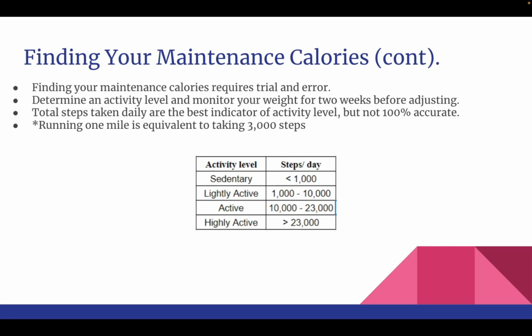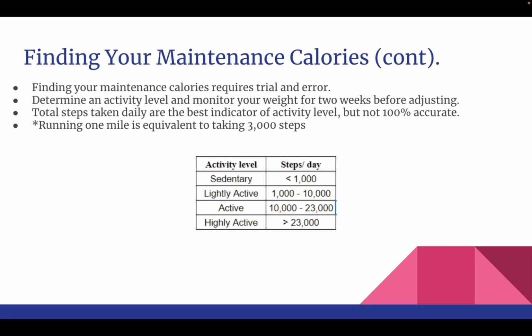So let's say you determine that you're active, right? And let's say your maintenance is 3,000. And let's say you eat 3,500 calories a day. All right, because a caloric surplus of 500 calories a day is equivalent to gaining 1 pound of weight a week. So let's say you eat 3,500 calories a day, and you measure your results over the course of 2 weeks. In theory, you should be gaining about 2 pounds.